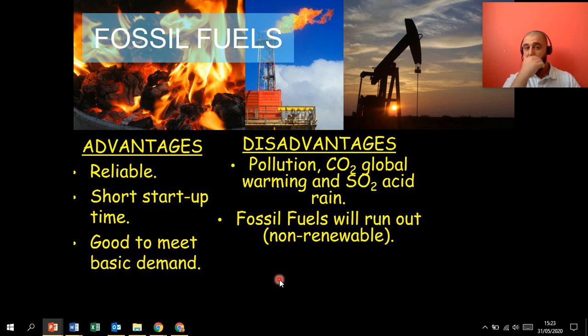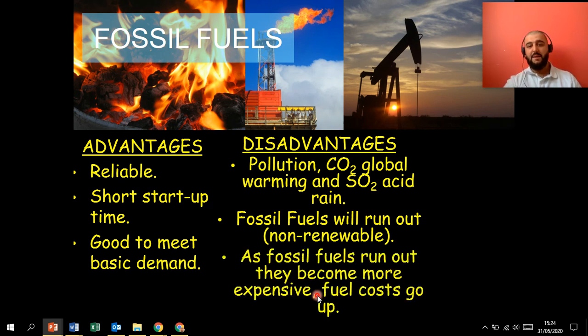I'm sure at some point it will be mined and it will be harvested, because it's money for these huge oil and gas companies. They, I'm sure, will not miss an opportunity to make their billions. So as fossil fuels run out, they become more expensive. Fuel costs go up. So actually, at this moment in time, petrol is at its all-time low. I say all-time, but I think certainly in the last sort of 6 years,